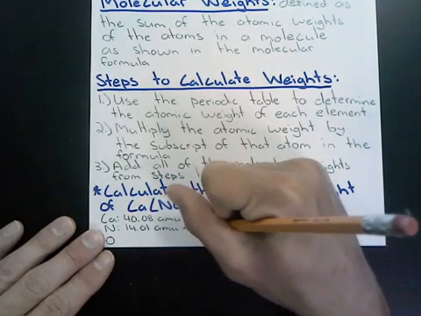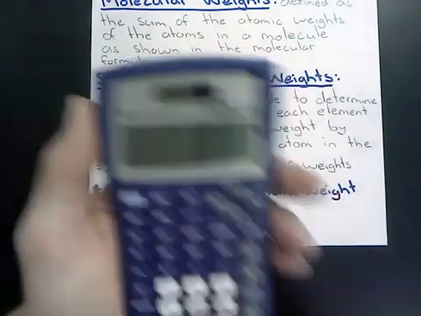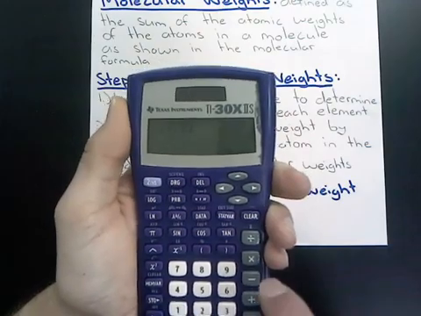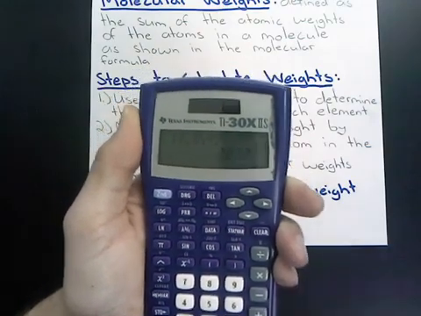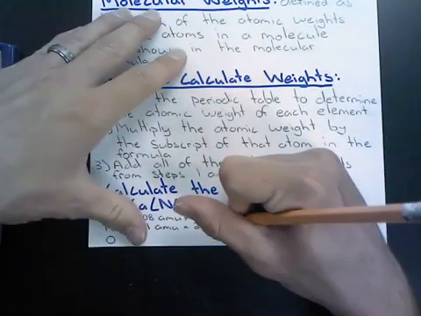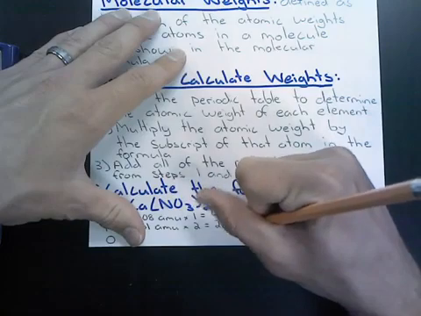So it is actually 14.01 times 2. So most of you can probably do this in your head, but just to double check here, if we have 14.01 times 2, we get 28.02. And again, we want to keep our 2 decimal places going here, so we're going to say 28.02